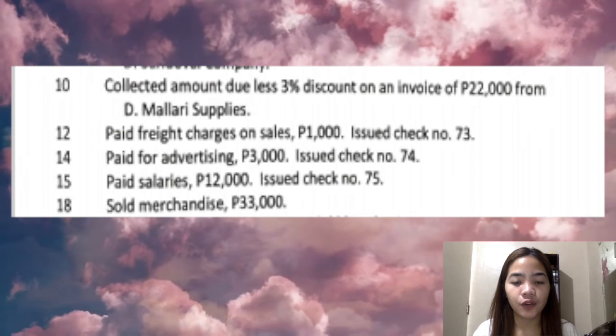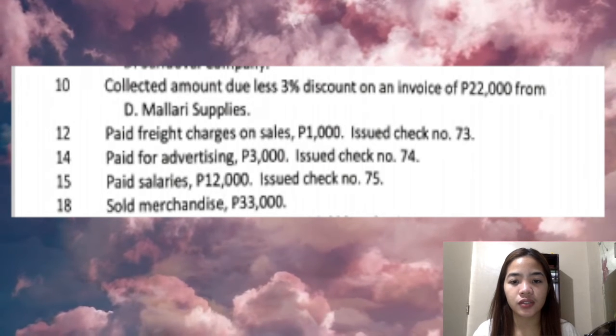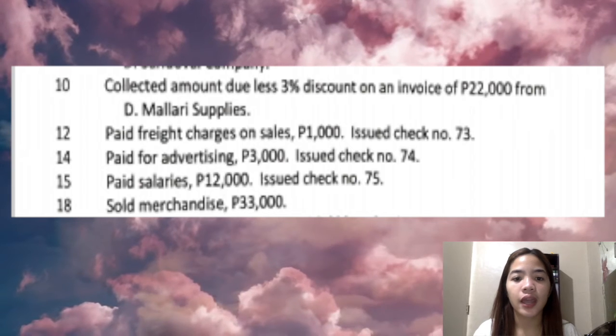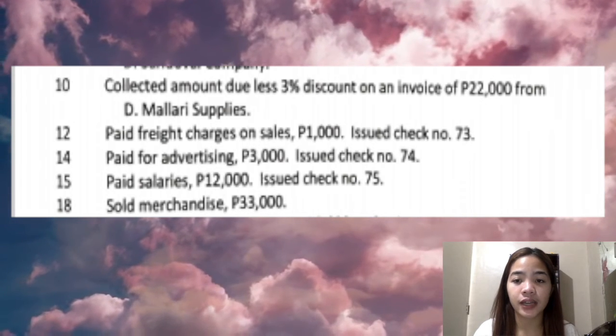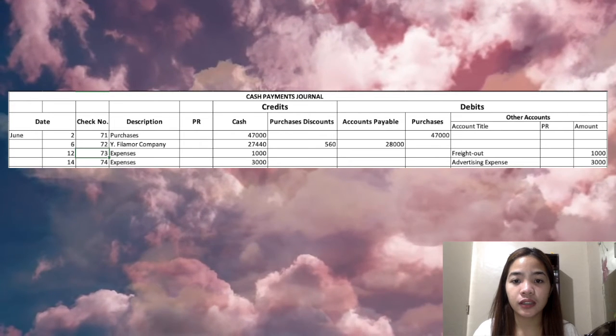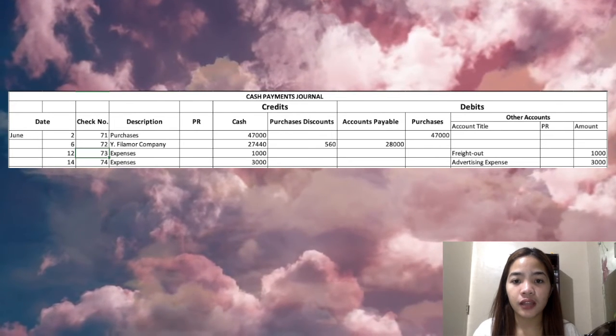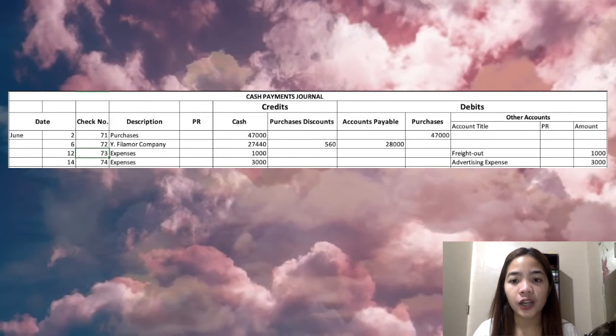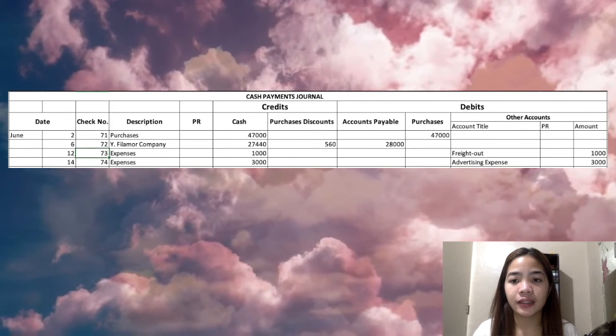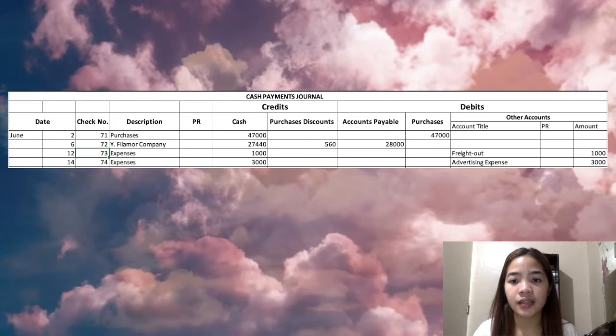June 14, paid for advertising, 3,000, issued check number 74. Same pa rin sa thought ng June 12 na nagbayad tayo ng expenses. Kaya dito, June 14, tapos check number 74, expenses pa rin, credits 3,000, and then ang debit natin is advertising